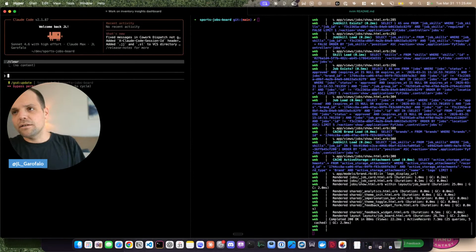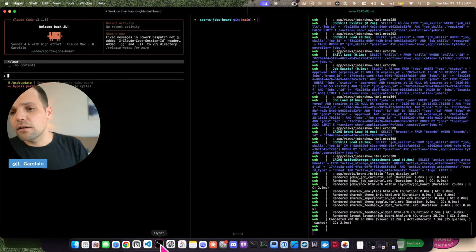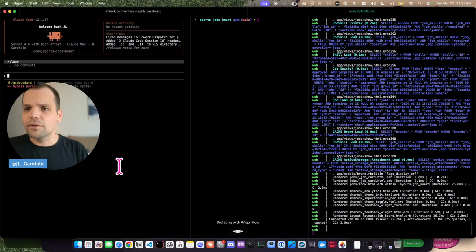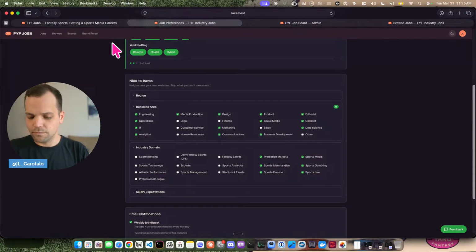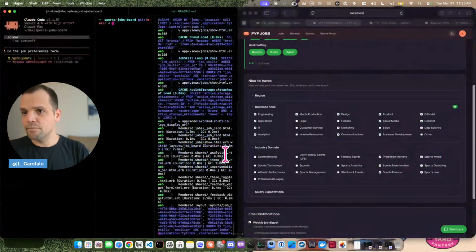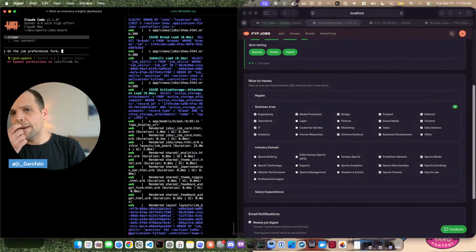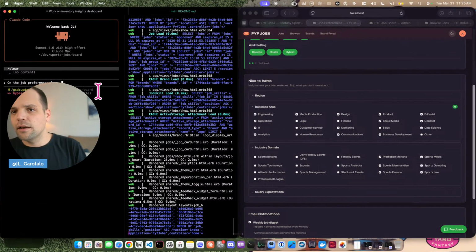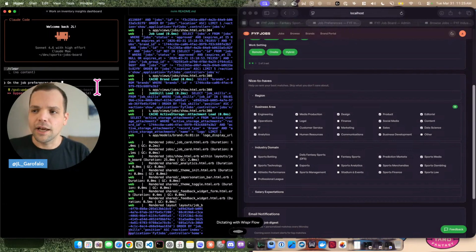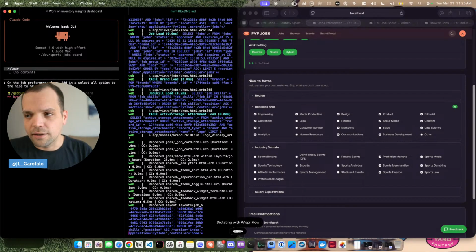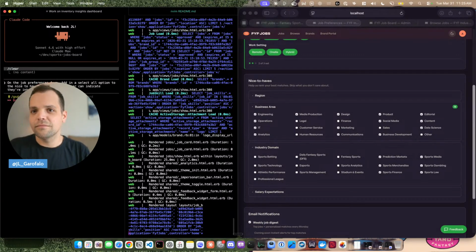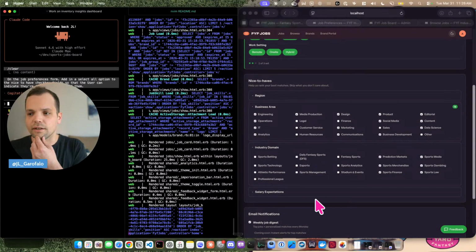Okay, Claude, what we're doing on the job preferences form: add a select all option to the nice to have checkbox fields, so the user can indicate they're interested in all of them. All right, Claude, do your thing.